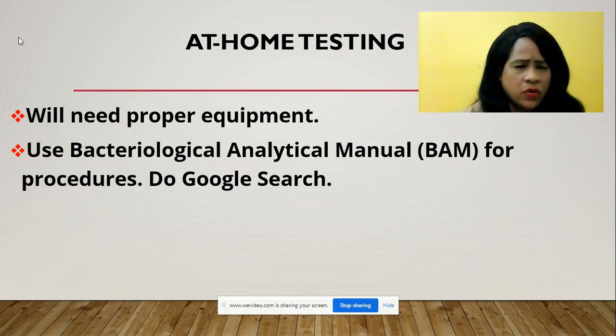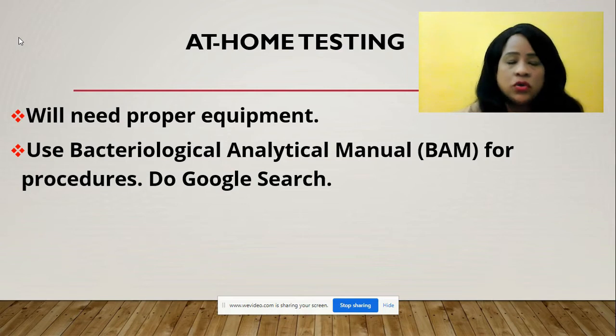use the proper equipment, and you also need to refer to BAM, which that acronym represents the Bacteriological Analytical Manual. And if you don't know where to get this particular manual, just do a Google search, and you can type in BAM, the capital letters, that acronym, or you may just want to put the full title, Bacteriological Analytical